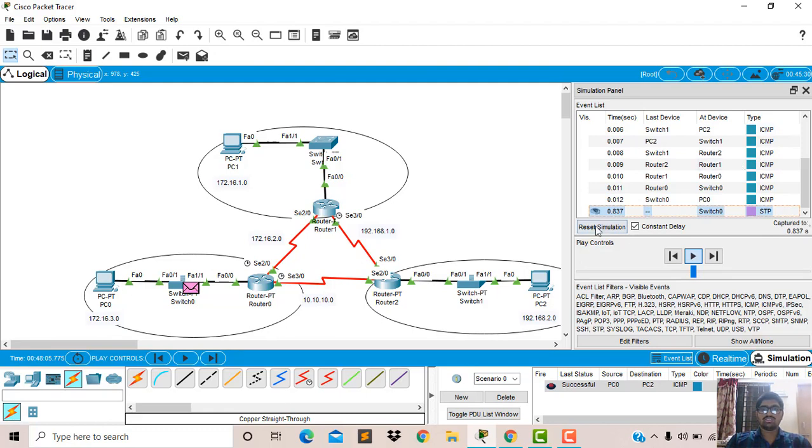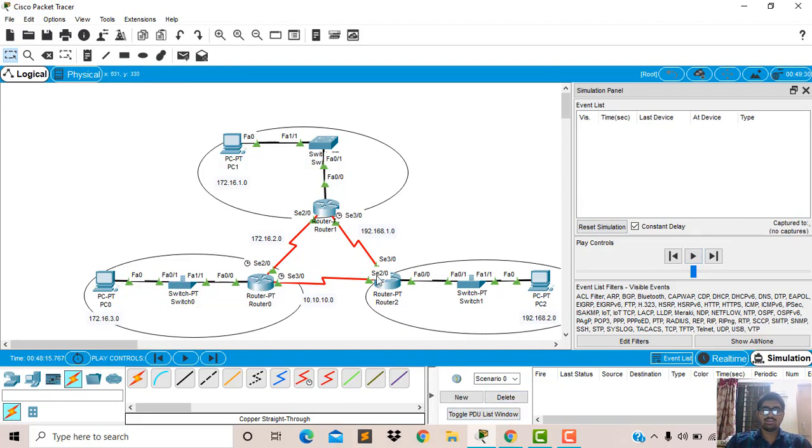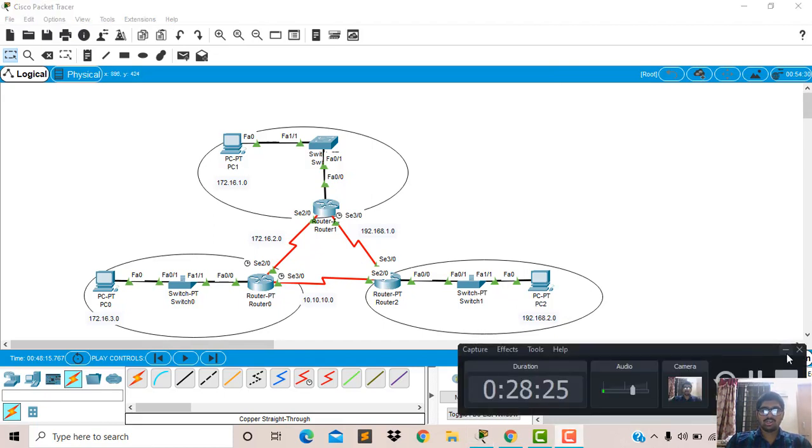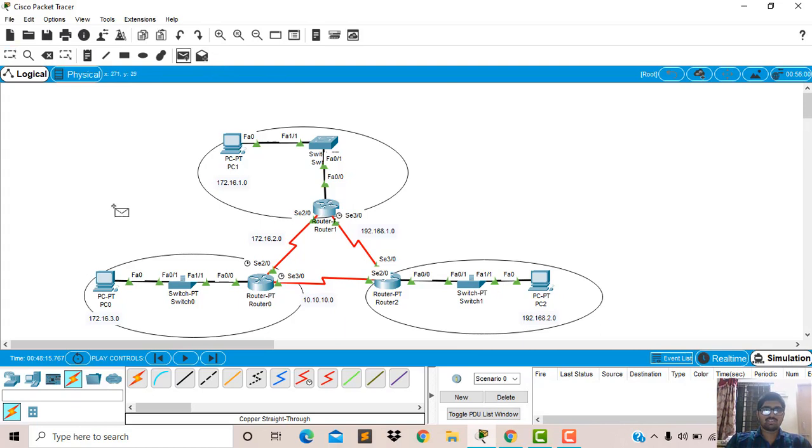Now you can see that the time in seconds is 0.8383837. This is more time it is taking to send the packet from PC0 to PC2. Now we will check if the information passes straight away on this path. You can see that it will fail.